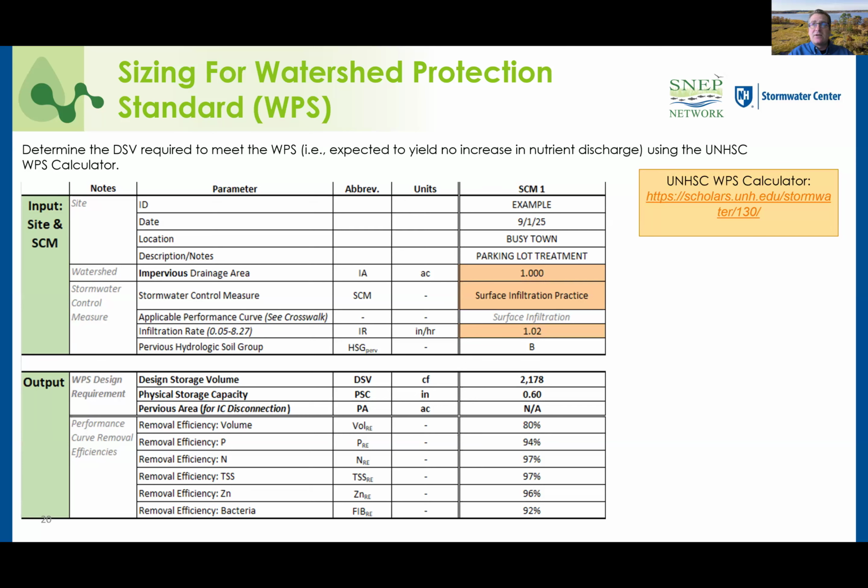And in the surface infiltration system, we need 2,178 cubic feet of design storage volume capacity. That relates to the management or on-site retention of a 0.6 inch rain event. So where I said it's roughly equivalent to the 1 inch, we see that with different structural controls in different hydrologic soil groups, it's not always the 1 inch. It's all based on the model.